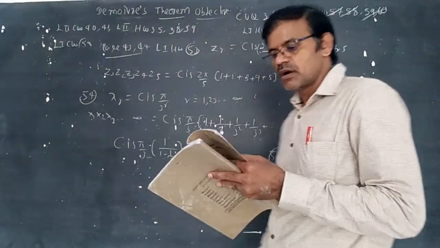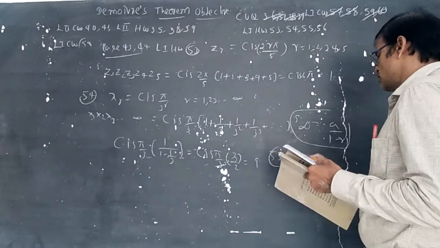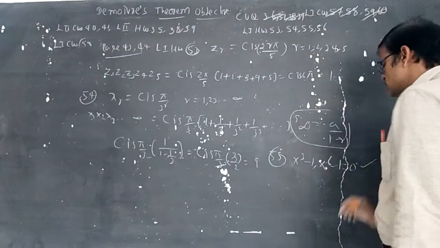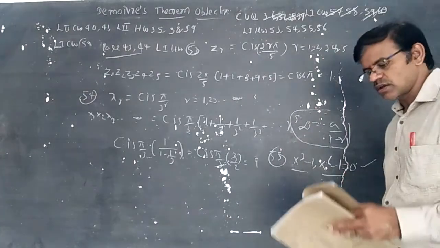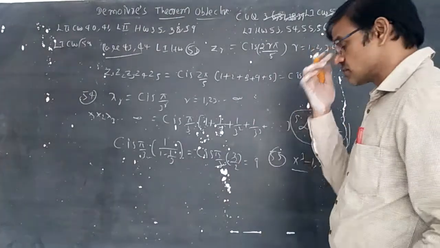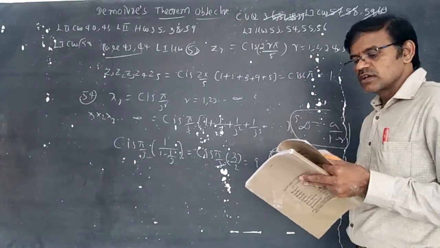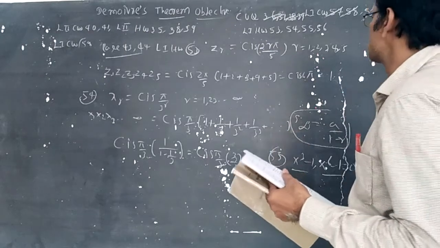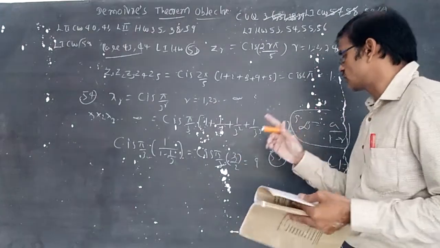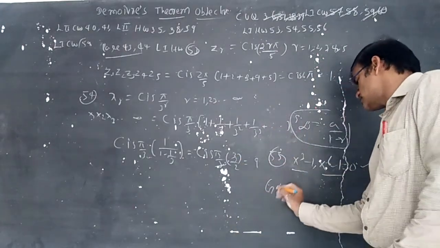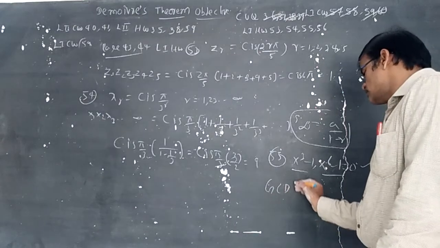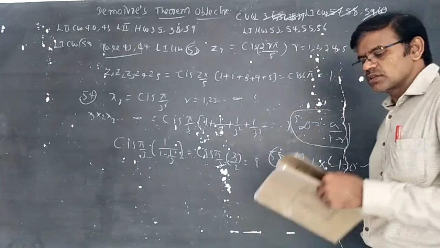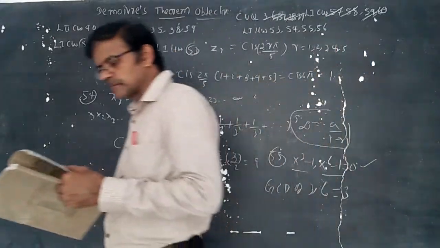Now 55. 55 is also the GCD method. The GCD of x cube minus 1 and x power 6 minus 1 equal to 0. Two equations are there, and for these two equations, the common roots are asked. In level 1, in the IPA question, I just wrote that concept: 5 was the LCM of 15 and 25. In a similar way, here it is GCD, not LCM. GCD of 3 comma 6 is equal to 3. Therefore, 3 common roots will be there.